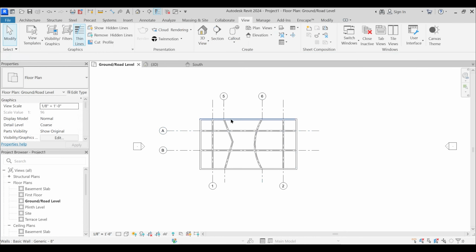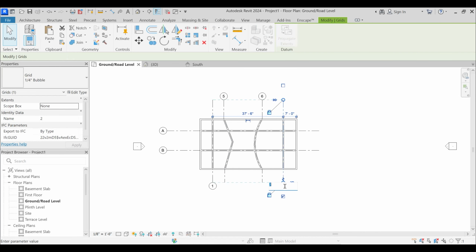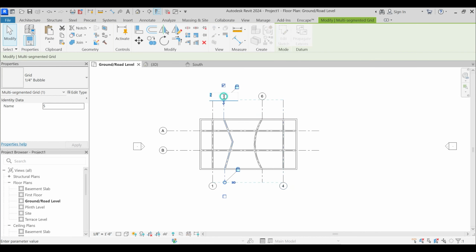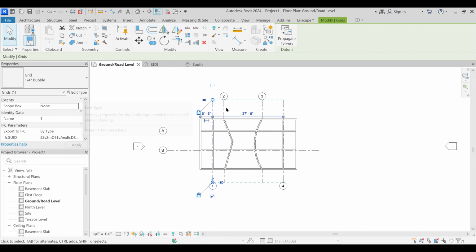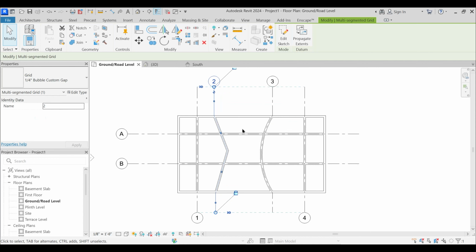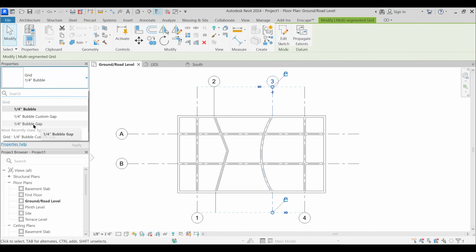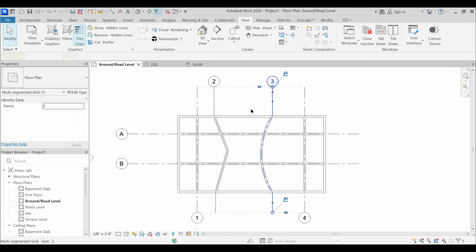And before customizing it, I will change this to 2, but 2 is already present. So 4, 2 and 3. Now, when I select this particular line and select this bubble gap, custom gap, then you see that it is something different. And if I say 1/4 of an inch bubble gap, only bubble gap, then now one more command